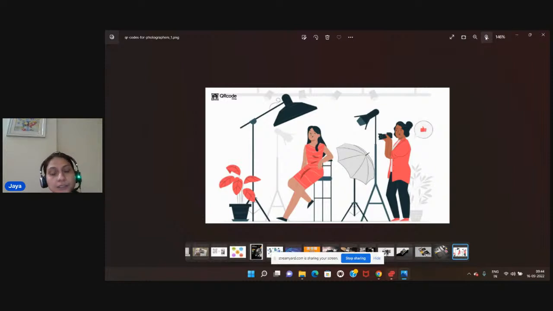There are challenges. One of the biggest challenges in this industry is marketing, because this business is not that much explored or expanded in the market. But how to overcome it through this QR code, we will try to learn in this session. How do we overcome it is the first question that comes to everybody's mind who is in this particular business. I don't know, many people would be in this business. To overcome this challenge, QR codes for photographers and videographers are an excellent tool.